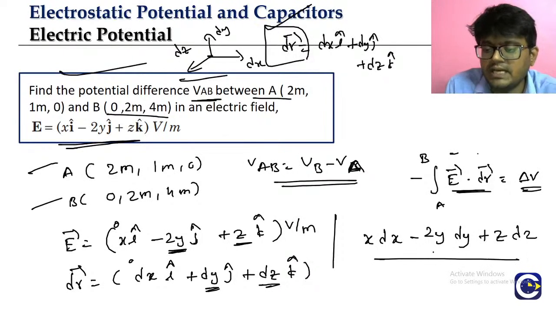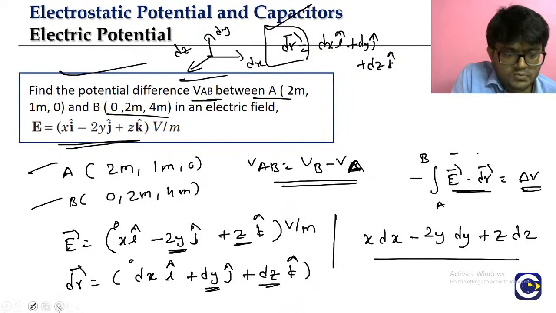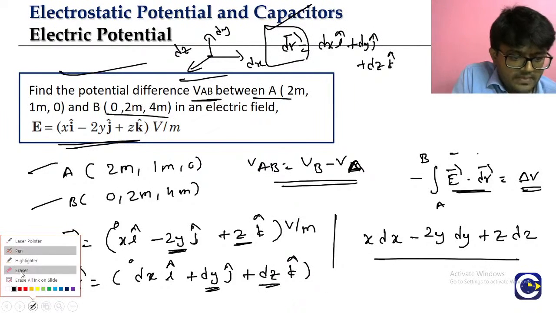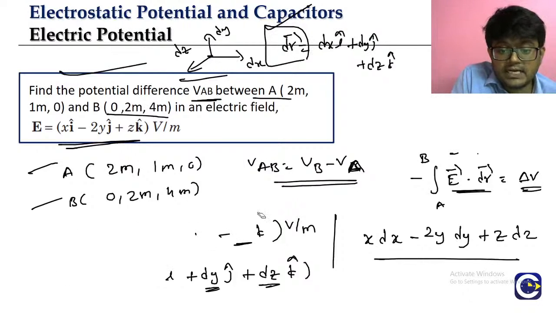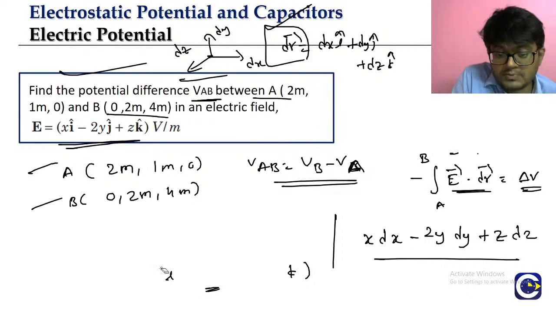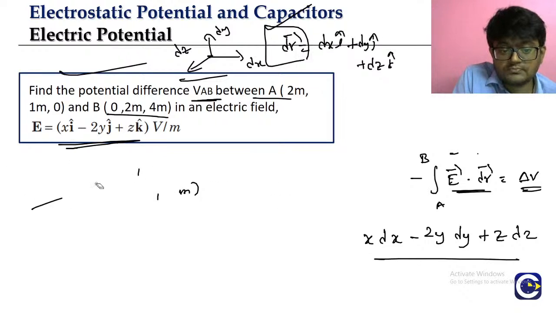So this is what E dot dr is. So we should just substitute that into the integration formula. What do we get when we substitute it into the integration formula? Look, minus